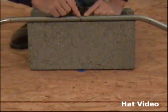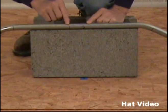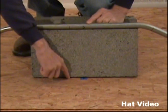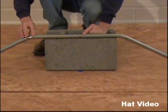Here's the center mark where we've allowed for our shrinkage, and we're over the center of the block. Here's the original mark, and we notice that we're about 2 inches away from the center of our block. And this is why we had to allow for the shrinkage. Now if we go further back and look at our offset, our saddle, we can see